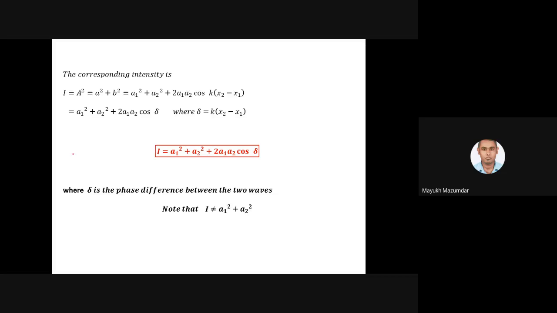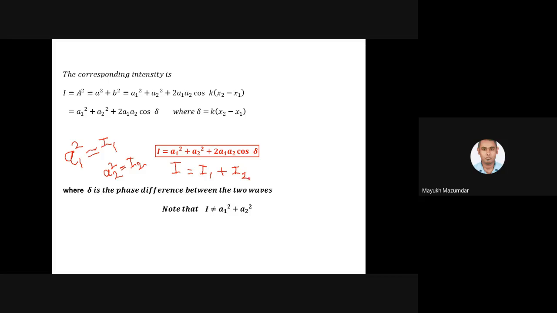Now see, if you understood the relation between amplitude square and intensity, you can easily say that a1 square is the intensity of the first wave, isn't it? And a2 square you can say is the intensity of the second light wave, isn't it? Are you getting what I'm telling? a1 square should be the intensity of the first source. That is, this equation I can rewrite as I1 plus I2.